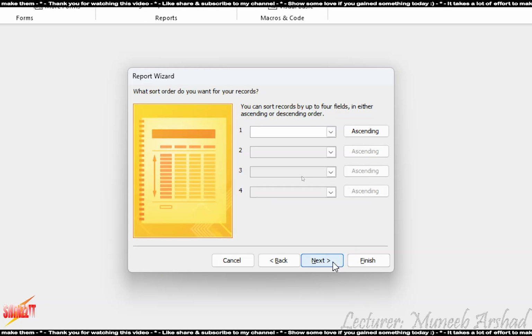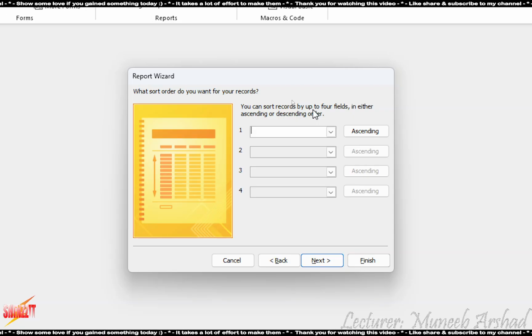We click on next. Over here, it says you can sort the records by up to 4 fields in either ascending or descending order. We had to sort one field ascending or descending, or did we not have to? Make was supposed to be ascending. Have we done it in the query or not? We have. Do you think I should do it here?